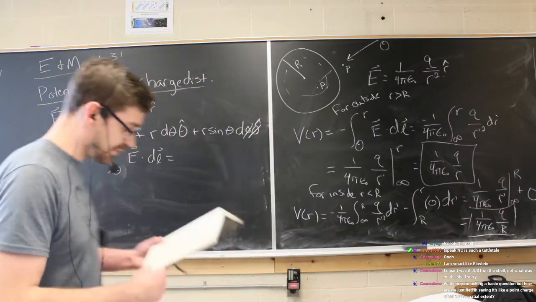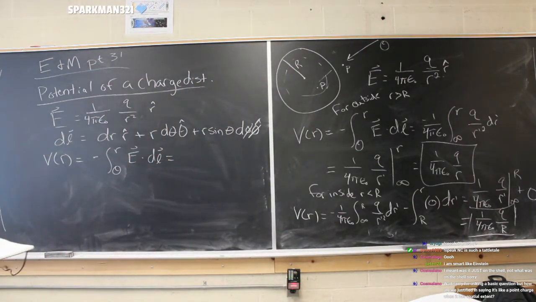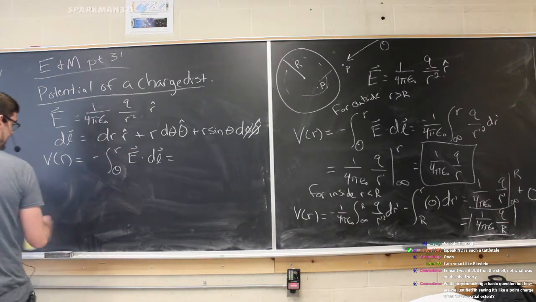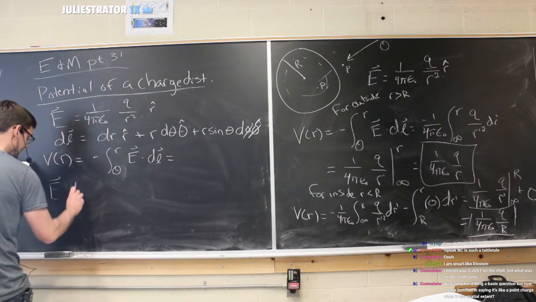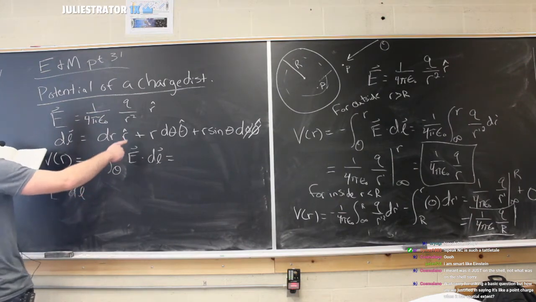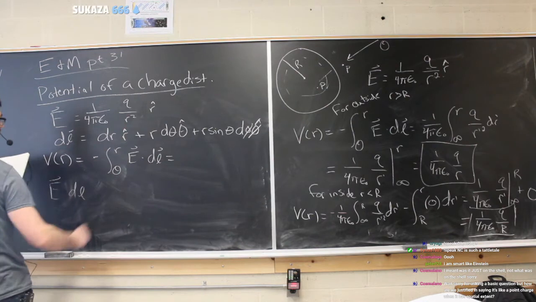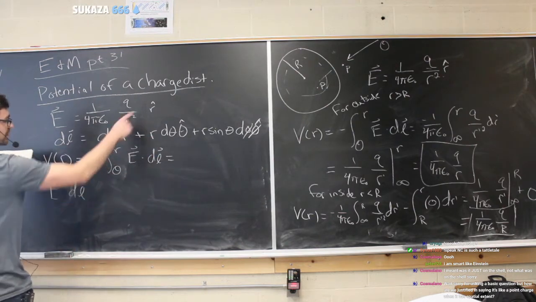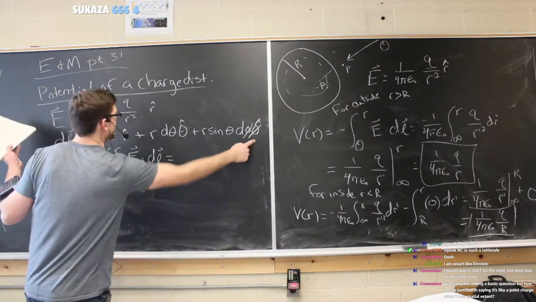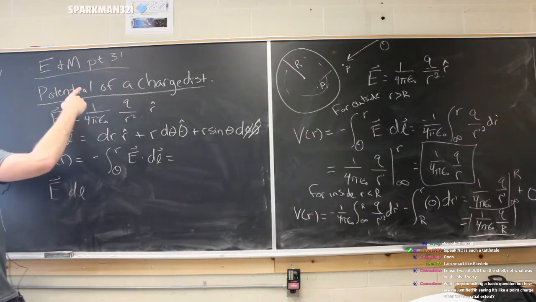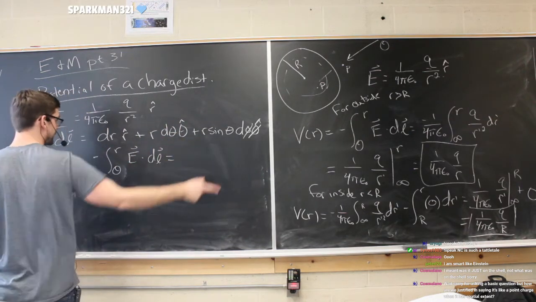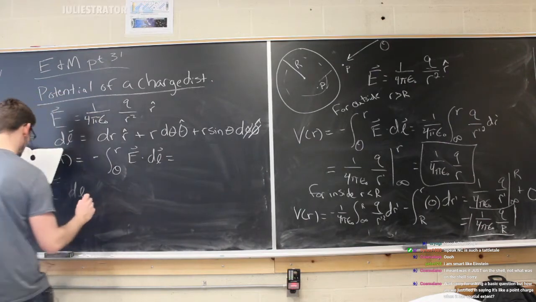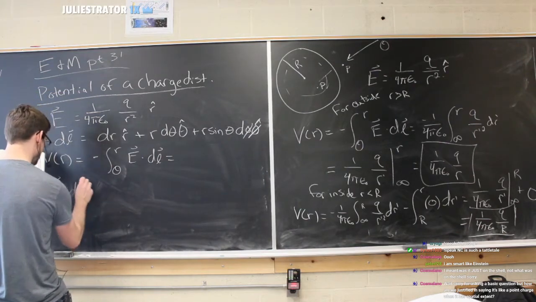And now we can write E dot dl. I kind of skipped it. I think I was moving a little too quickly. Let's just write E dot dl down here, and then we can plug it in right there. E dot dl is going to minimize all this by letting this r hat and this r hat be dotted together, which we know is 1. And since r hat, theta hat, and phi hat are all perpendicular to each other, these two contributions are both 0.